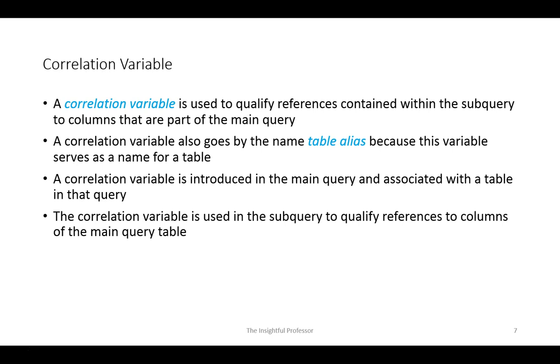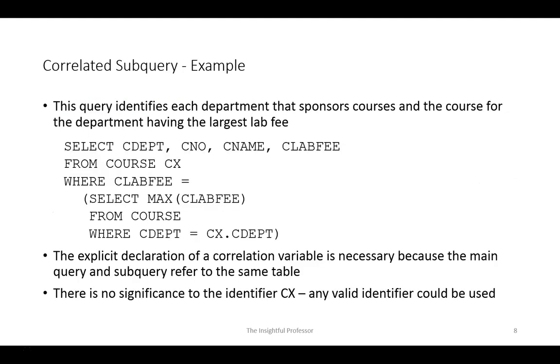Each time there will be a call to the subquery passing data from the current row, the one being pointed to or referenced by the correlation variable. In this query, we are using a correlation variable that we called CX. So in the main query, we associate this identifier or this variable CX with the course table. In the subquery, we say select the max lab fee from the course table where the department is equal to